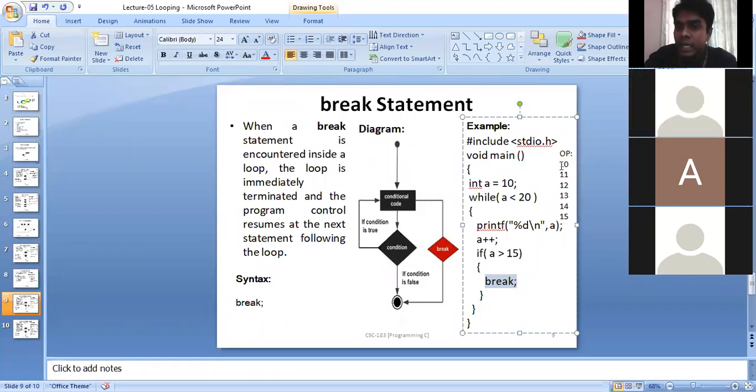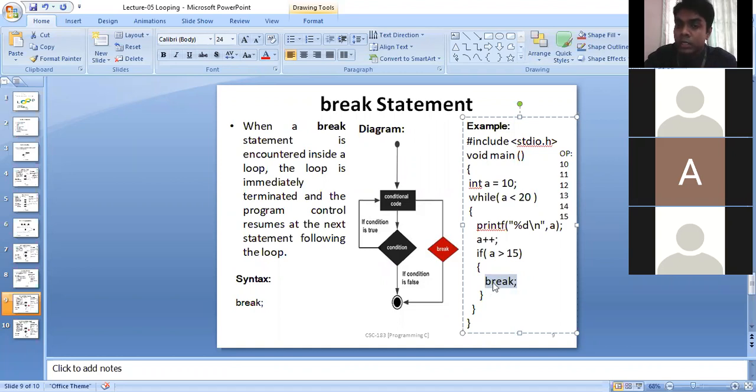That's why you can see here we are printing 10, 11, 12, 13, 14, 15. When the value of a becomes 16, 16 is greater than 15, the condition is true, so the compiler goes inside this if body and finds a break statement.